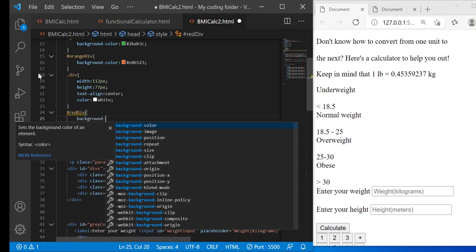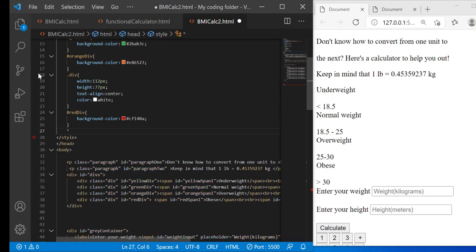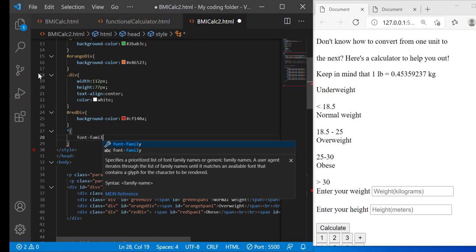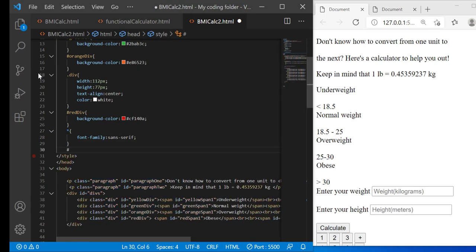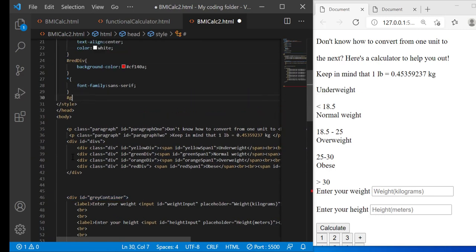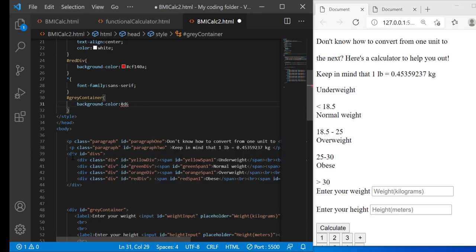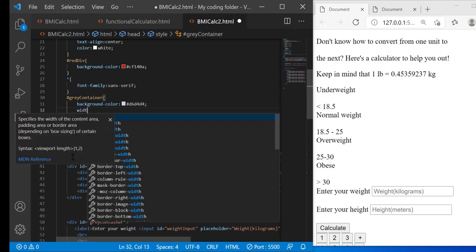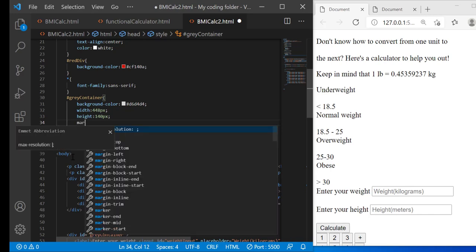I'll give it a background color of CF140A, and then the universal selector, which just styles everything on our page. So I want all the text elements to have a font family of sans serif. And then I'll style my gray container, which is this ID right here. So gray container, background color hashtag D6D4D4. Yeah, that's right. Then width 448 pixels, height 140 pixels, margin auto,